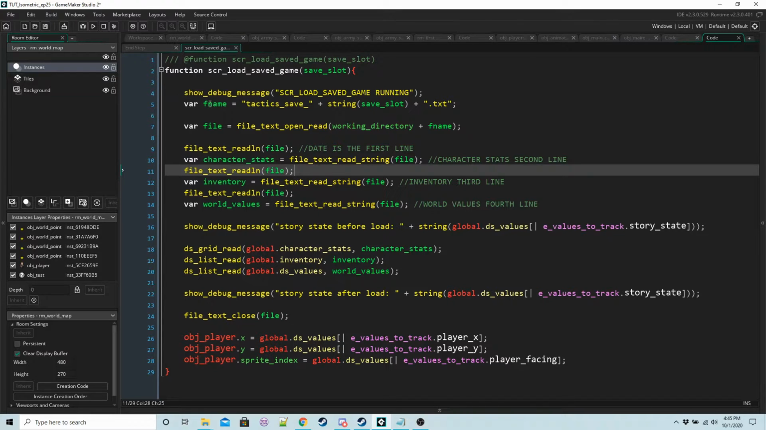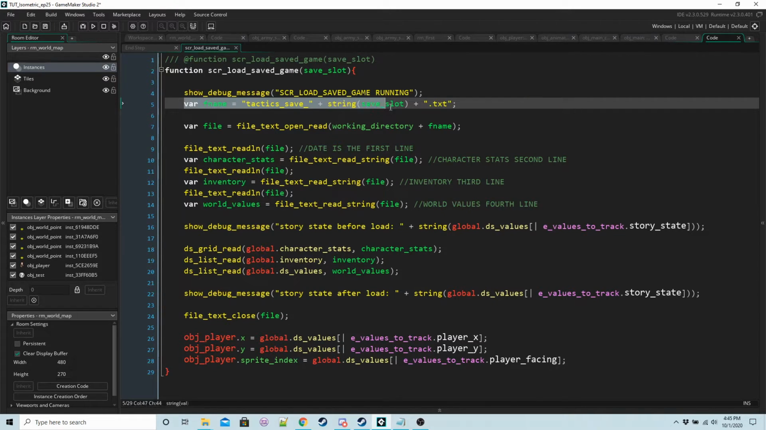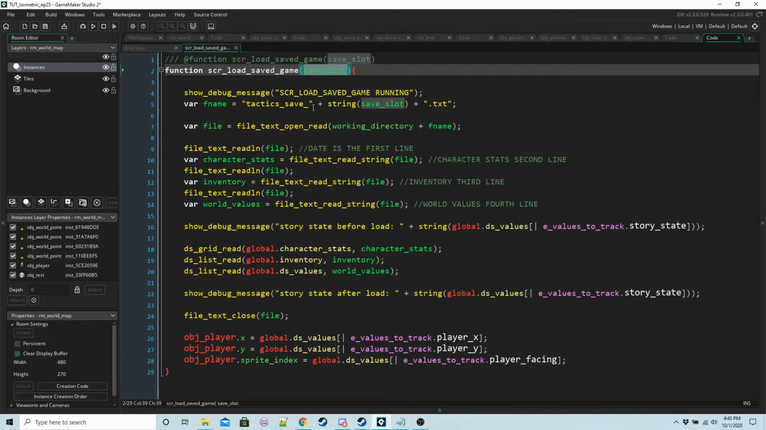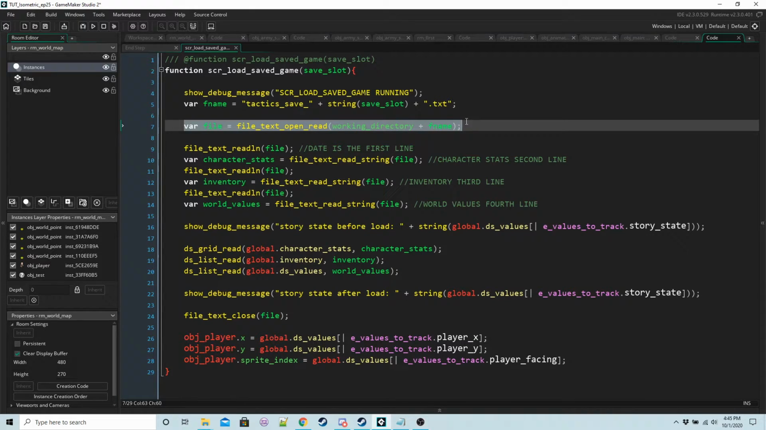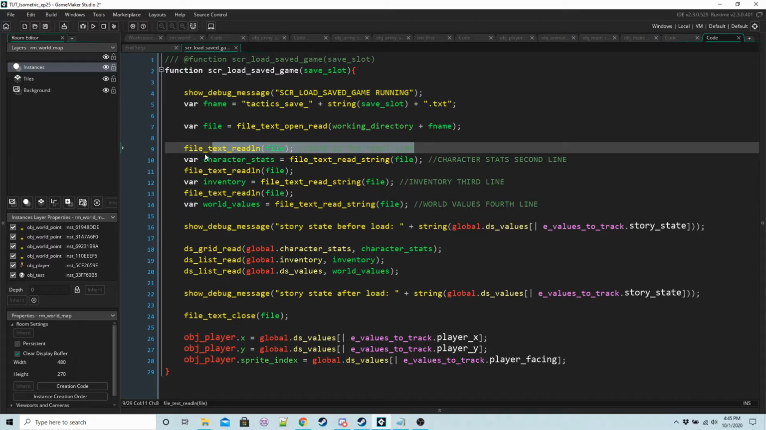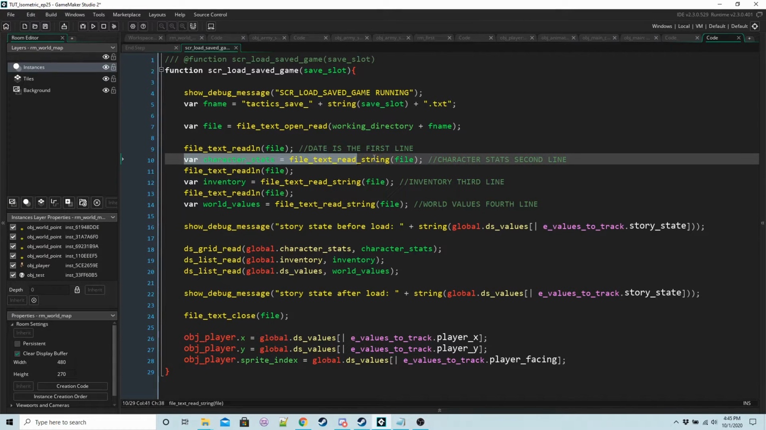So again, we want to grab the file name because we're passing it the save slot. So it's going to be 0, 1, or 2. Then file is going to be opening the file. And remember, the date is the first line. So we're going to do file text read in, file text read line, so we can get to the next line. So then character stats is going to be a string read from the file, and because the second line we saved is the character and stats grid, that string is going to be stored in character stats,